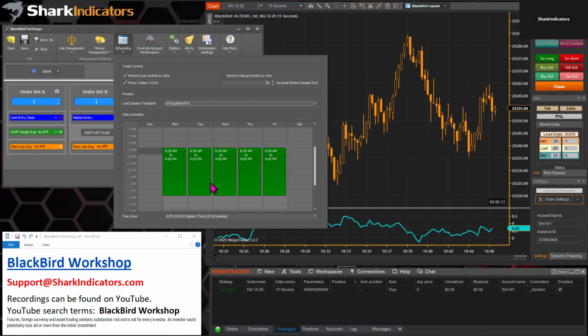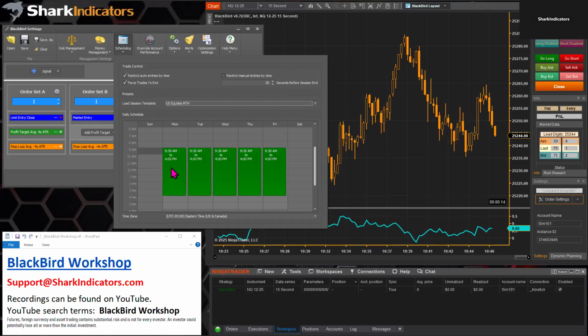So there's no need for Blackbird to double the work that NinjaTrader is already doing. But you can use NinjaTrader's session template here as a starting point,